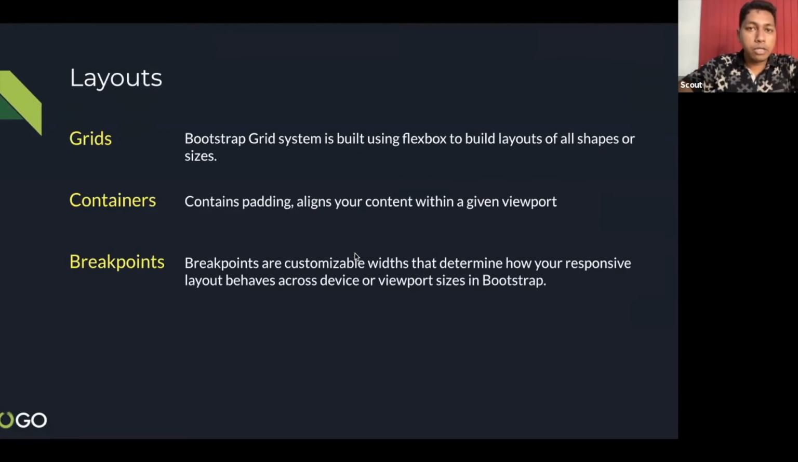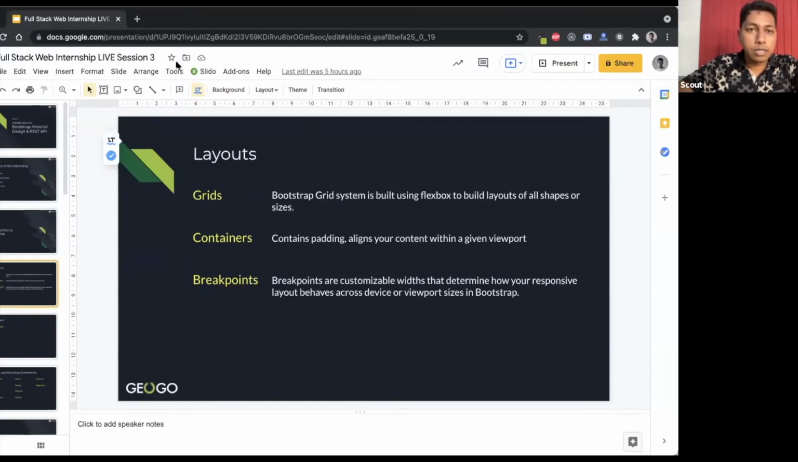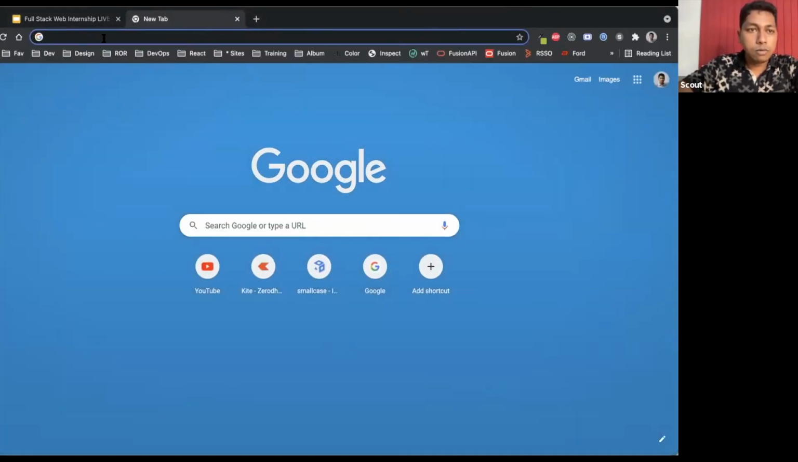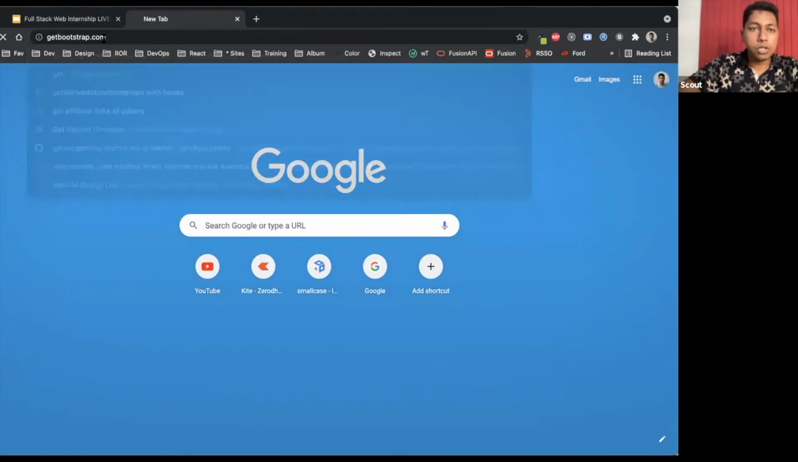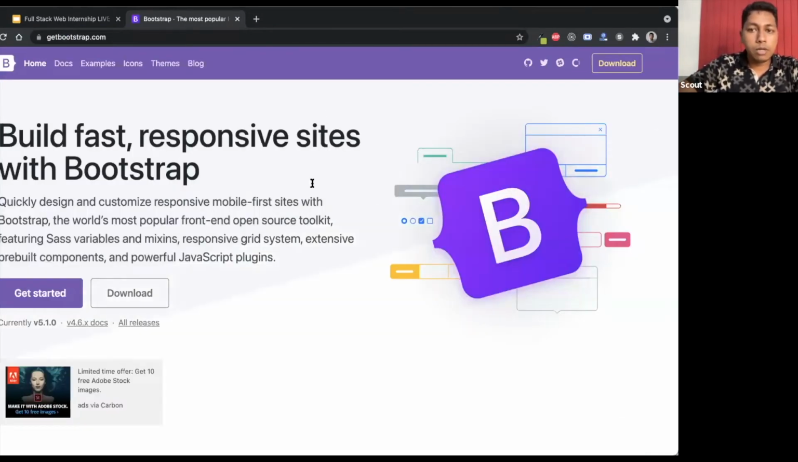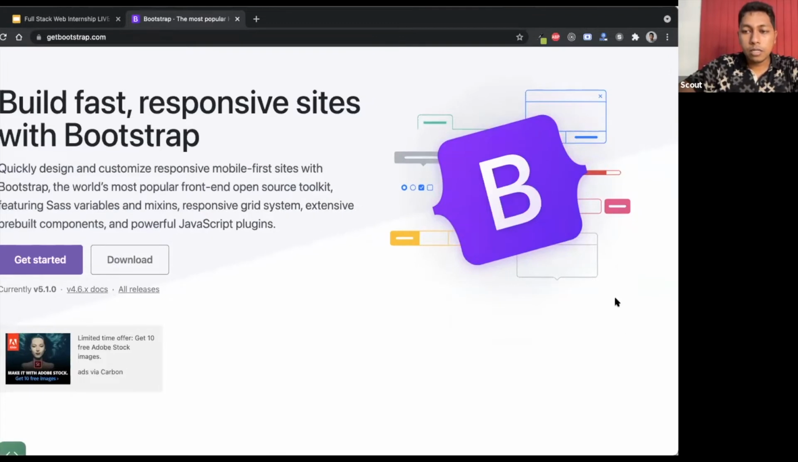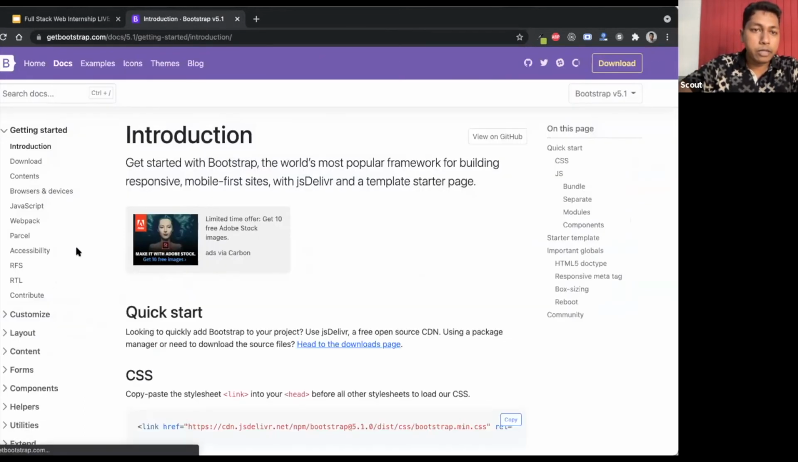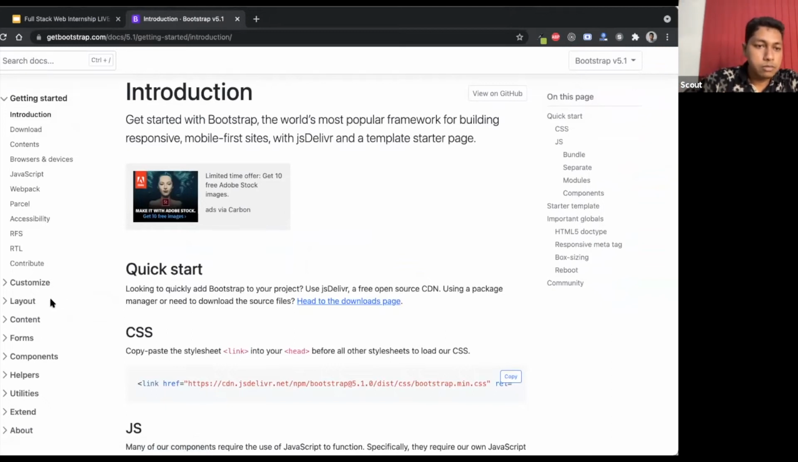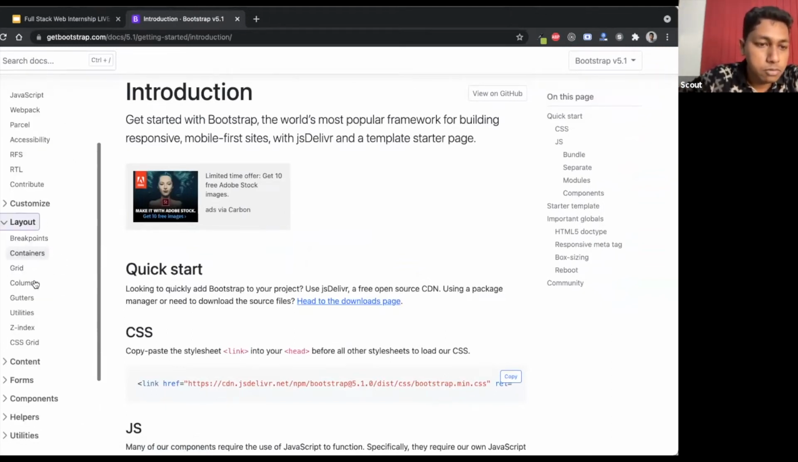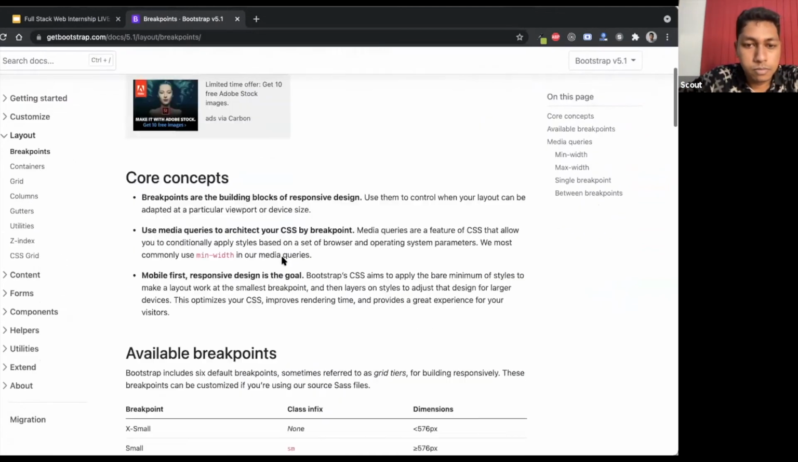So I will just show you another example. Just confirm on the chat whether this screen is visible. Can you see the Bootstrap screen? This is Bootstrap's website, is it visible? Yes. Okay, great. So I will go to the breakpoints section. Where is breakpoints? Layout, breakpoints. Okay,